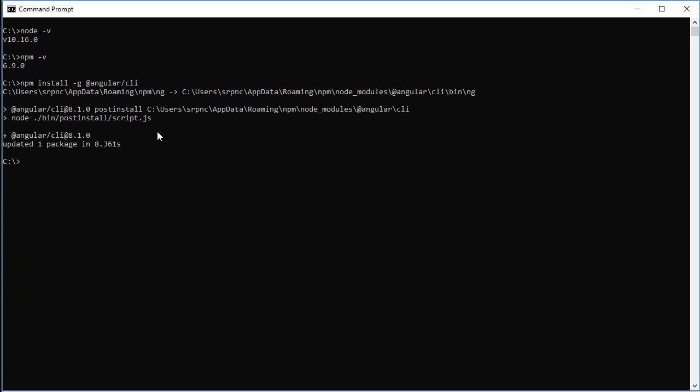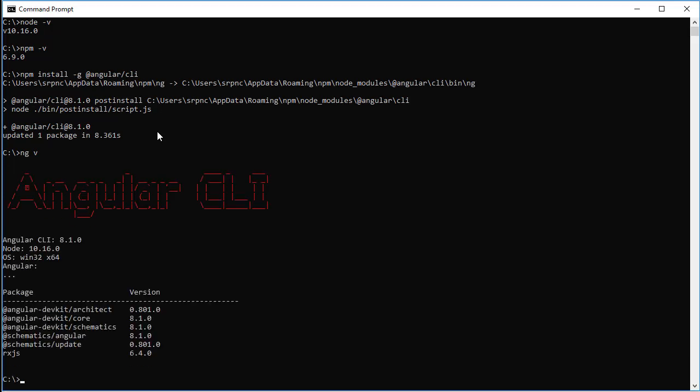Once it is done, we can check the version, which is ng space v, which is 8.1.0. Okay, so we have node, we have npm, and we also have Angular CLI. So now it's time to create the application. I'm going to create the application inside the Angular folder. So cd Angular,